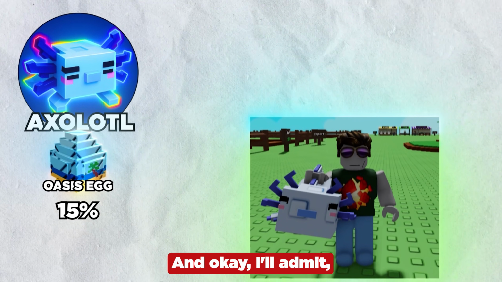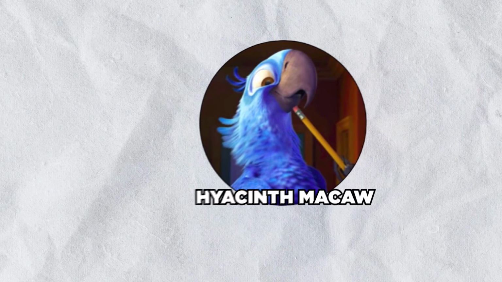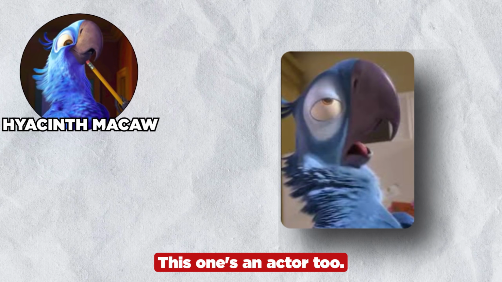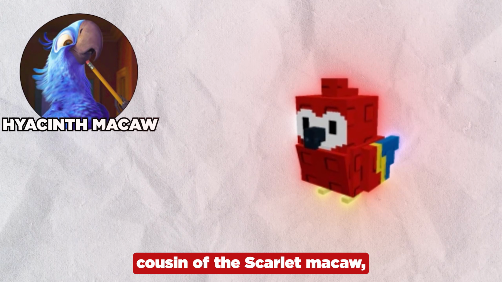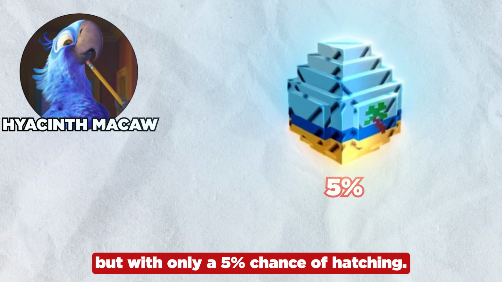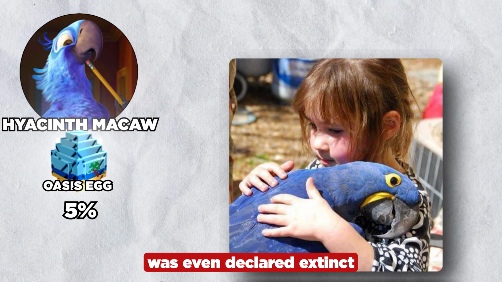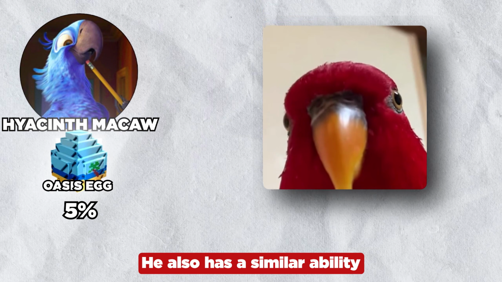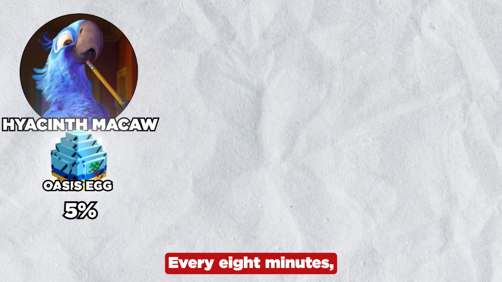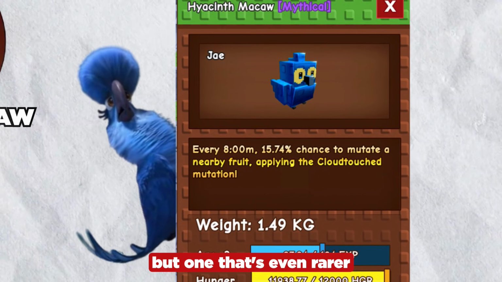And okay, I'll admit, the pet's kinda cute, but the real handsome one is Hyacinth Macaw. This one's an actor too. You've seen him in the Rio movies. He's the older cousin of the scarlet macaw, but with only a 5% chance of hatching, super rare. And that's accurate, since the blue macaw was even declared extinct for a while in real life. He also has a similar ability to his red cousin. Every 8 minutes, he has a 15% chance to apply a mutation, but one that's even rarer than the verdant